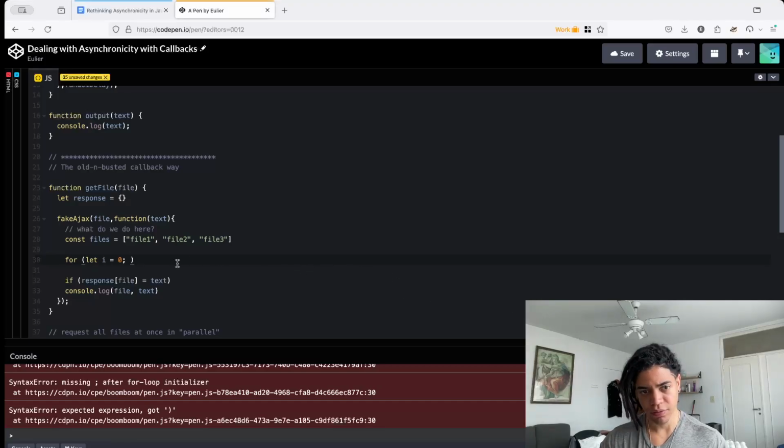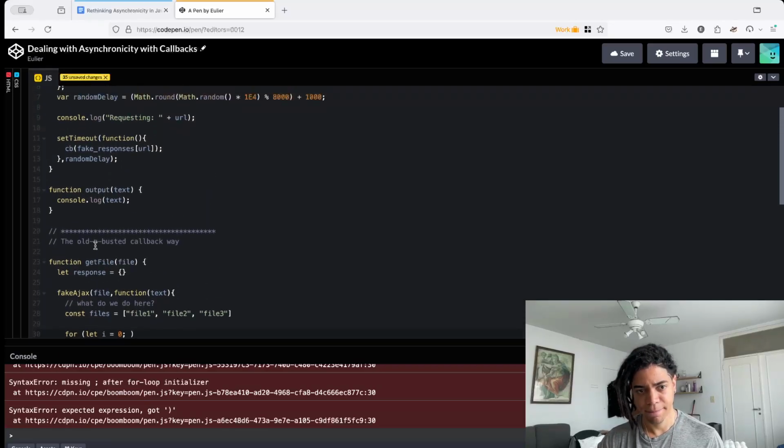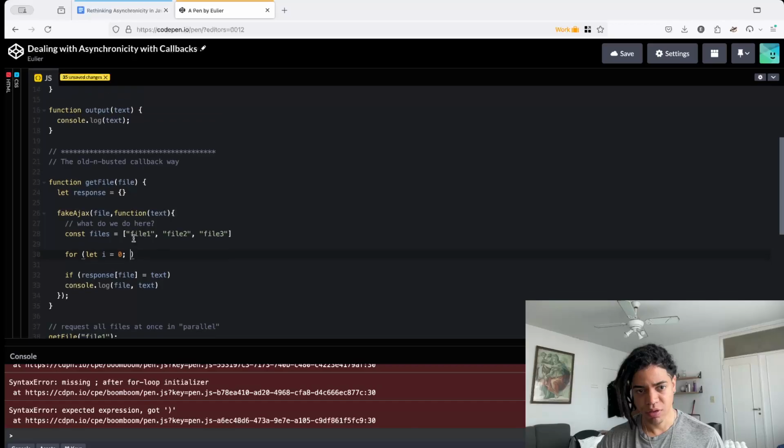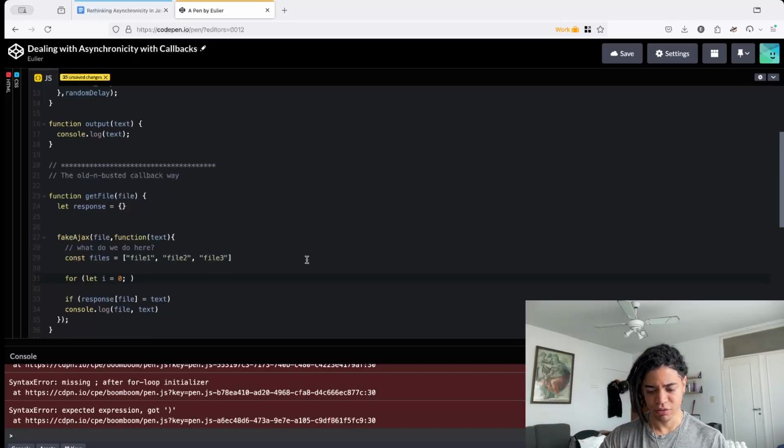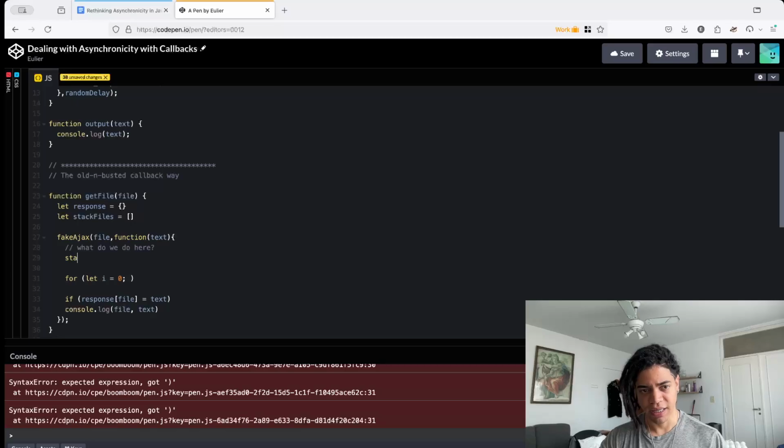So in other words, we are calling this. So in other words, if you want to think here in order, a stack can help you do that. By stacking all of these files, another way is that you say, hey, let's stack all of these files here, and anytime you call this function, what you're going to do is add that stack file,